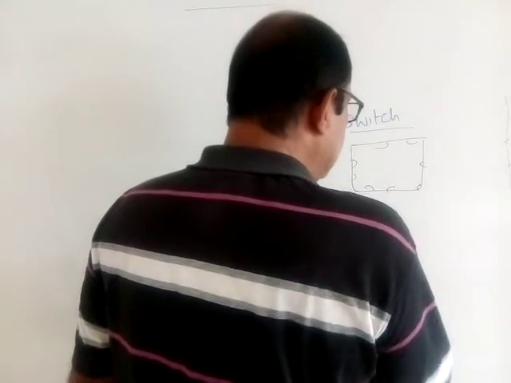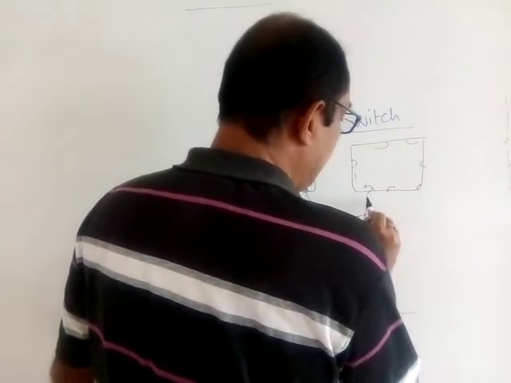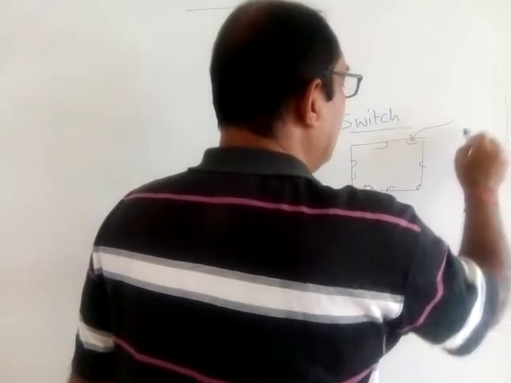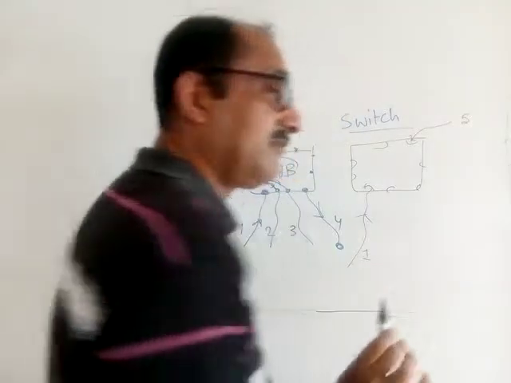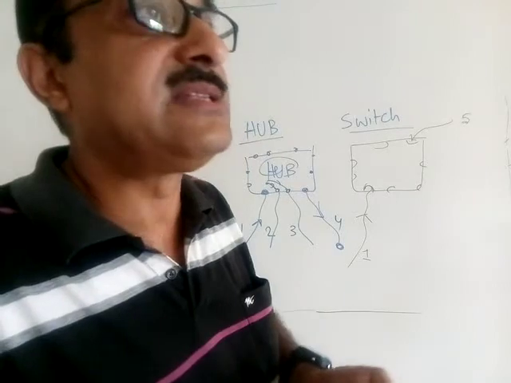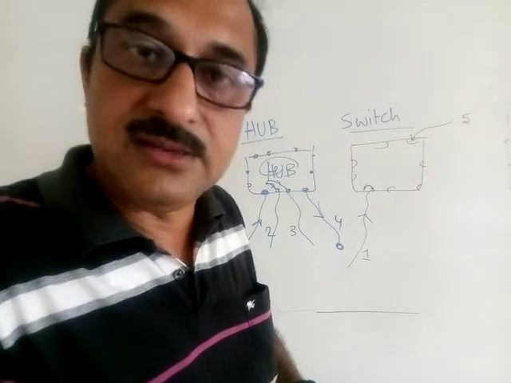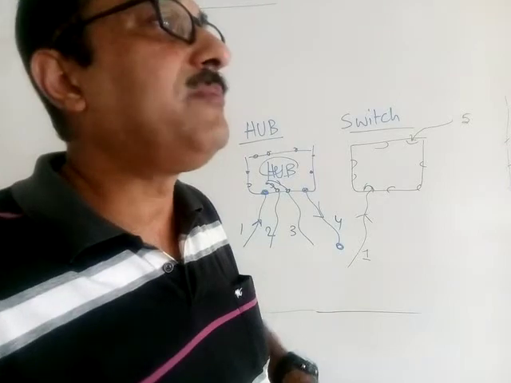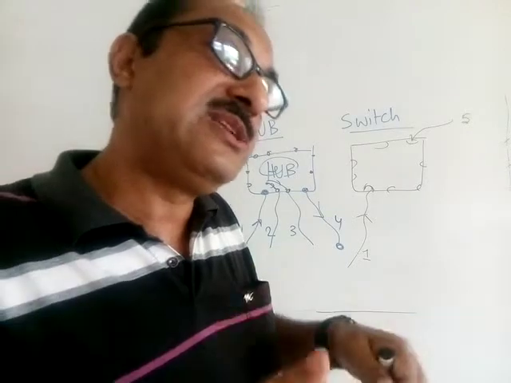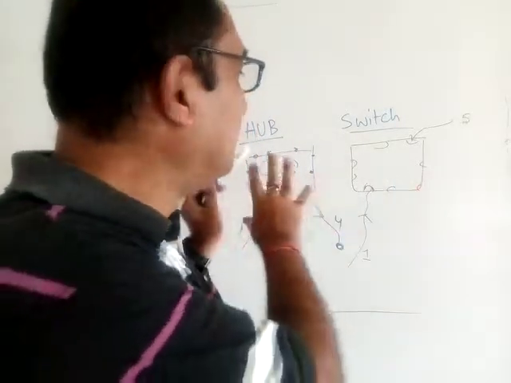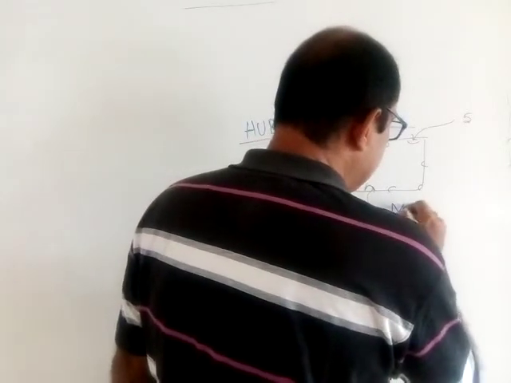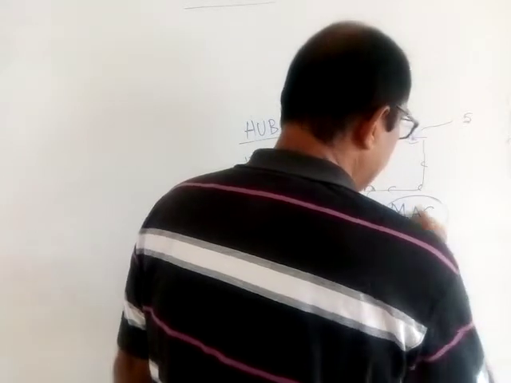Fine. In a switch, what happens if a particular data or message has come from computer number 1, and imagine it is intended for a particular computer, say computer 4 or maybe computer 5, whatever it is? The switch will not broadcast the signal to its various other ports. One particular addressing system is used by the switch, and because of that, this kind of broadcasting, like in the case of a hub, doesn't take place here. What is that addressing system? That address system is called MAC address.